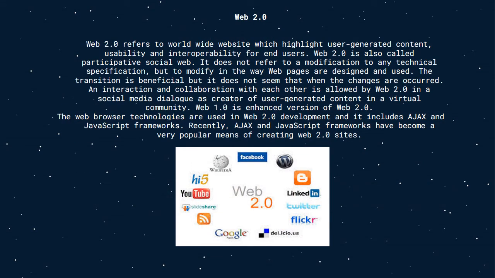Web 2.0 refers to worldwide websites which highlight user-generated content, usability, and interoperability for end users. Web 2.0 is also called the participative social web. It does not refer to modification to any technical specification, but to modifying the way web pages are designed and used. The transition is beneficial, but it does not seem that when the changes occurred,